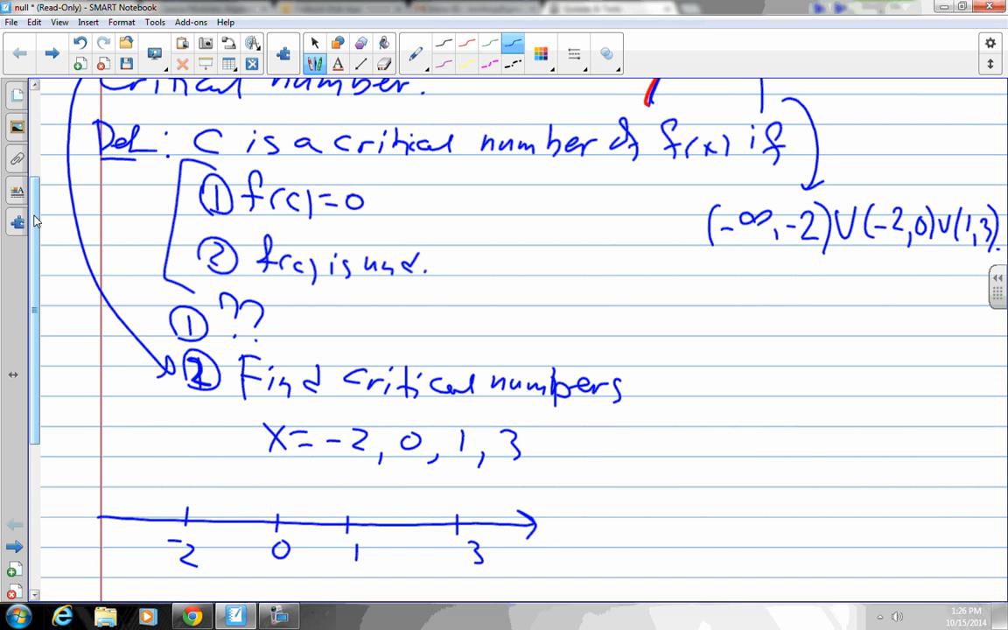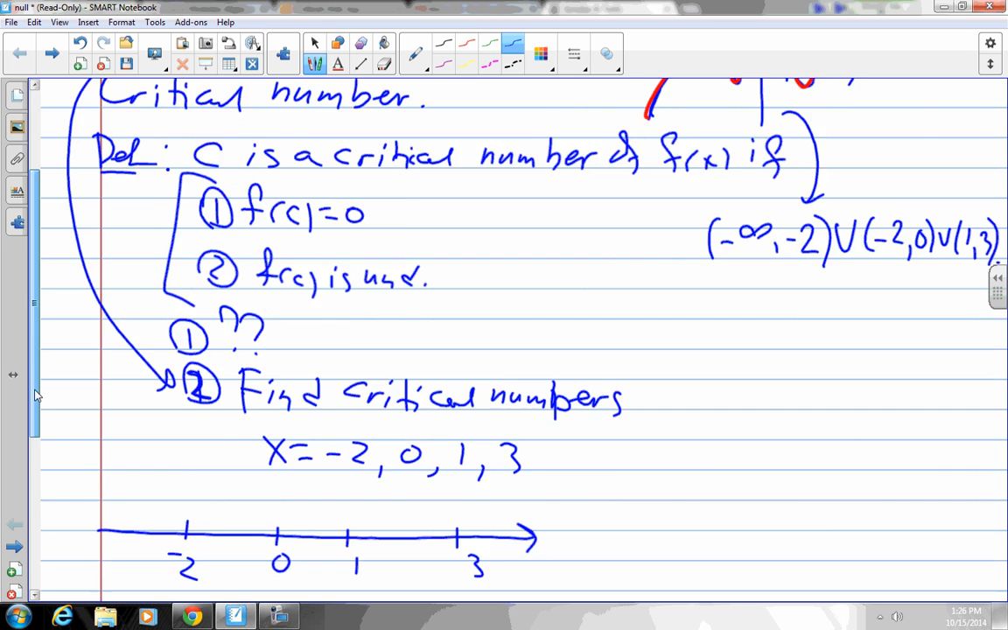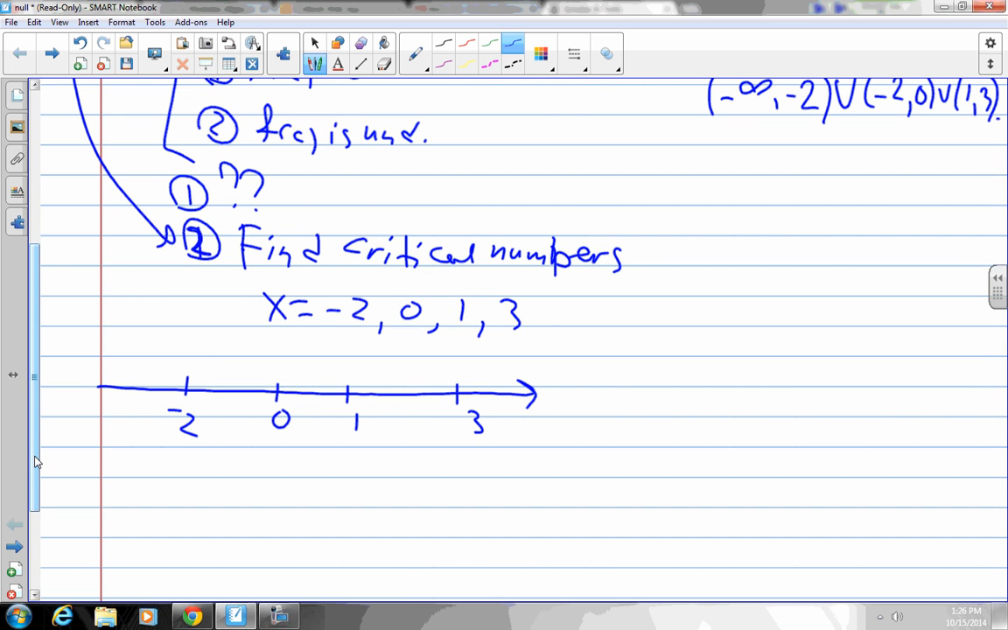And then the book will test each interval. They will take a point to the left of -2, plug it into your function, and see if it is positive or negative. And then they'll do it on every interval. So that's 1, 2, 3, 4, 5 computations that we don't have to do because we understand how those functions behave,